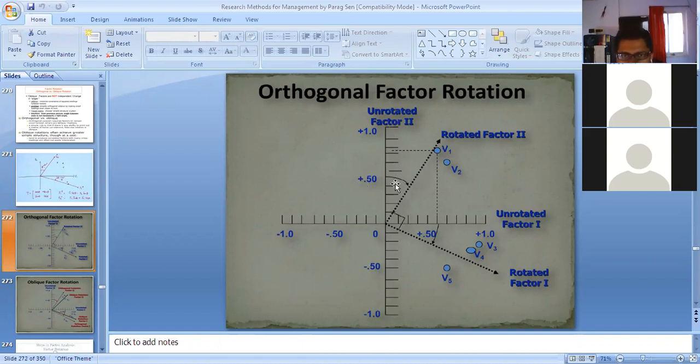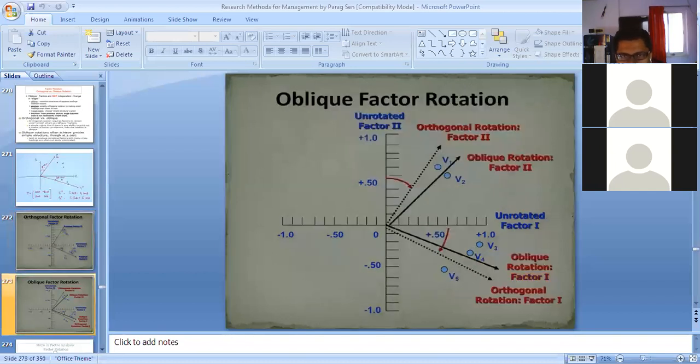Suppose this factor is rotated and this one is also rotated, and they are rotated in such a way that both have crossed the same angle. So the angle remains 90 degrees, as it was earlier. This is rotated factor 1, this is rotated factor 2. That's why this is known as orthogonal factor rotation, and you use this when there is no correlation between the extracted factors.